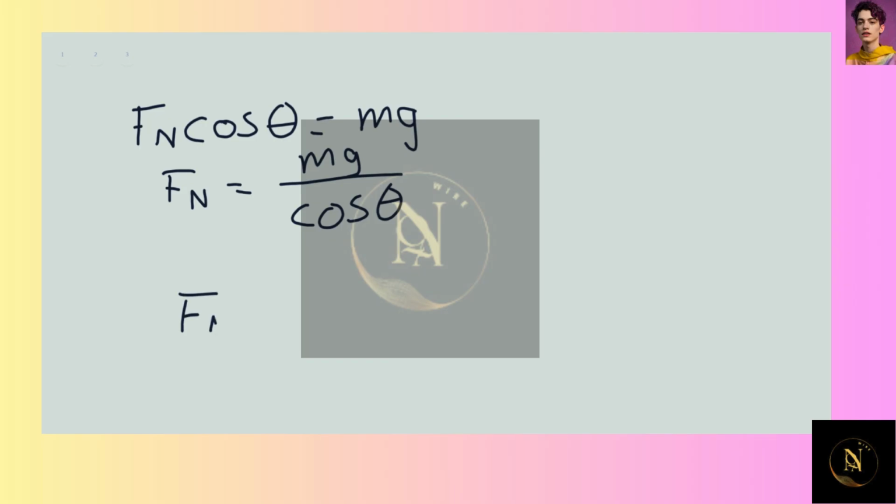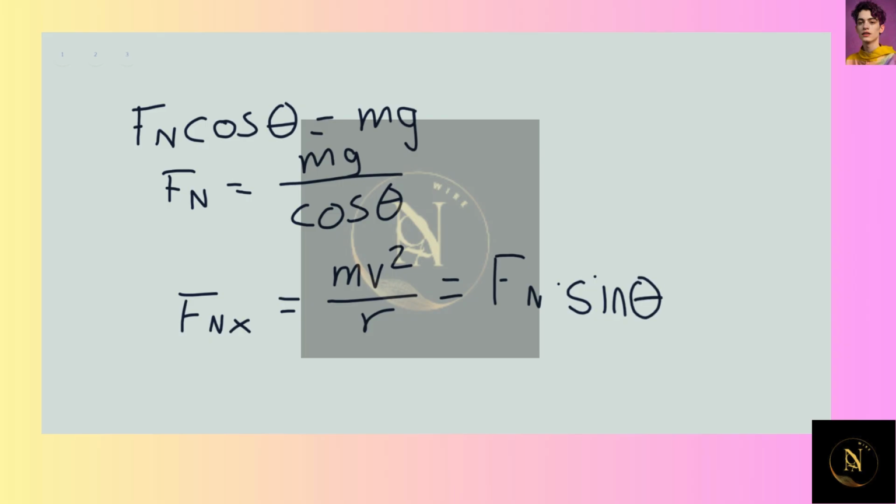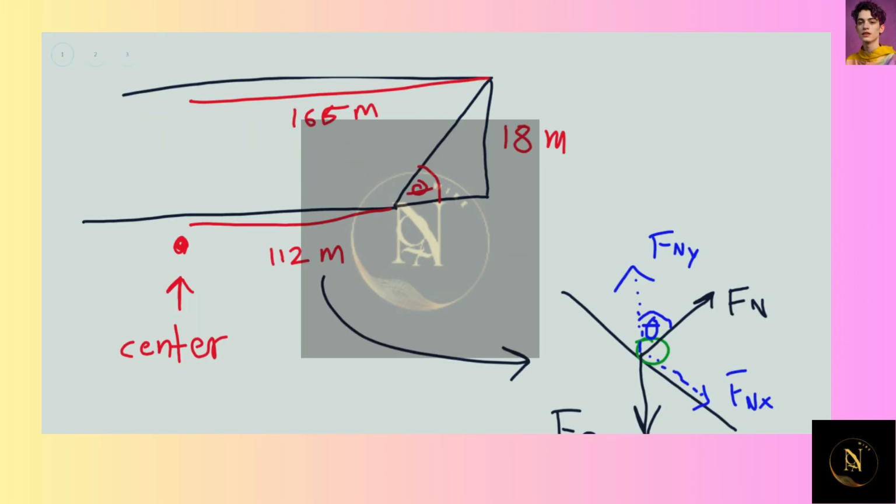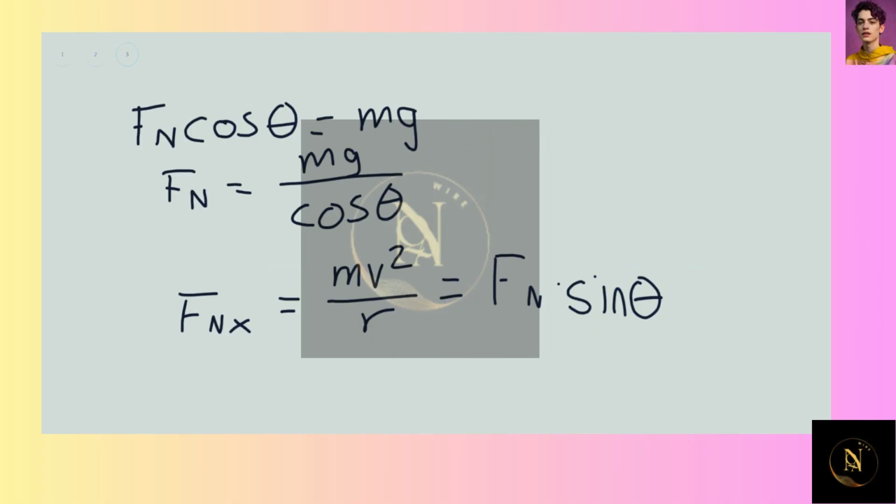So Fnx, since it's pointing towards the center of the circle, is mv squared over r. And that is also equal to Fn times the sine of theta, as we can see from our diagram here. All right, so we know what Fn is equal to. It's mg over cos theta. So that means that Fnx must be equal to